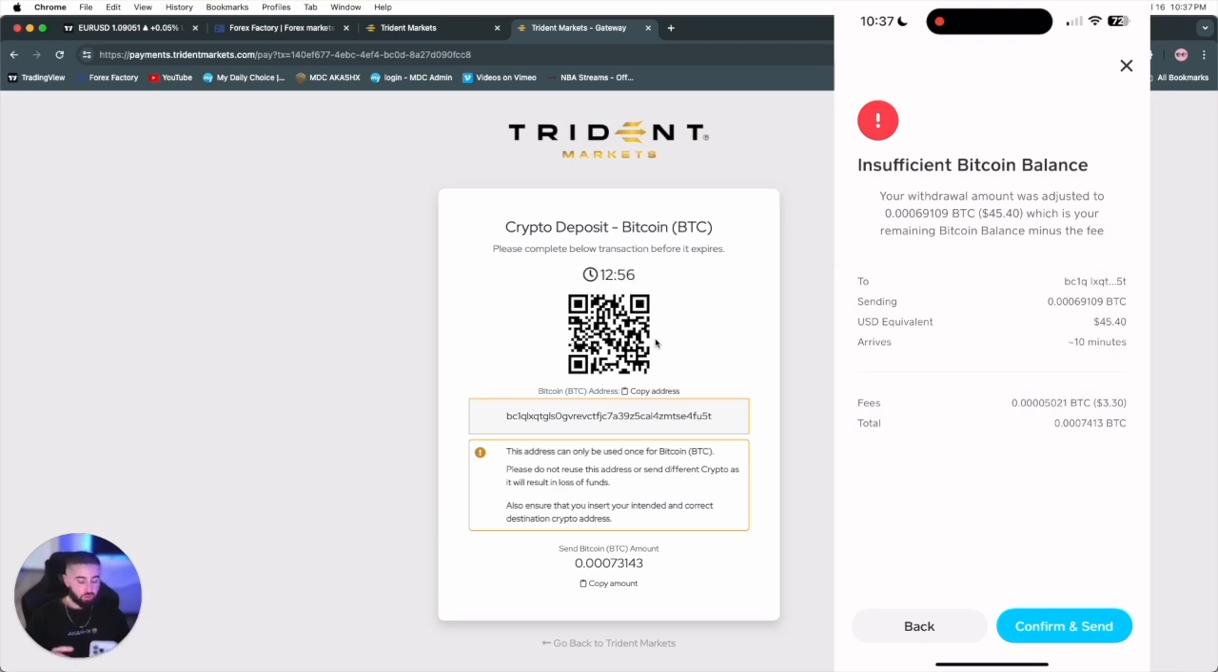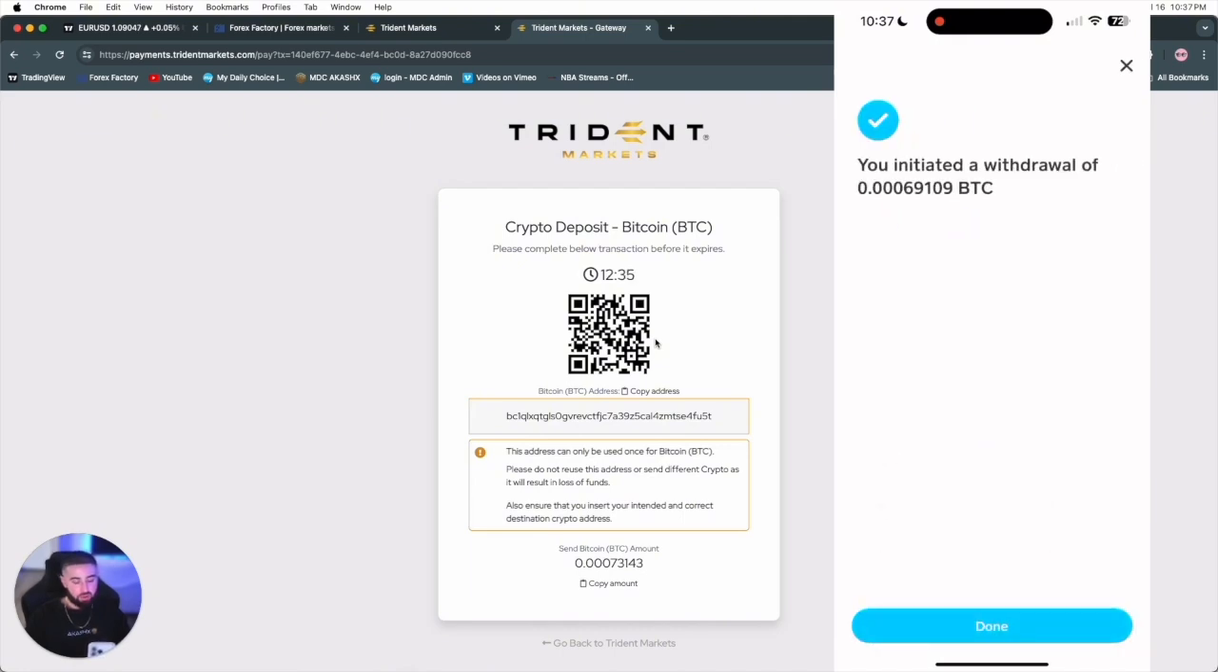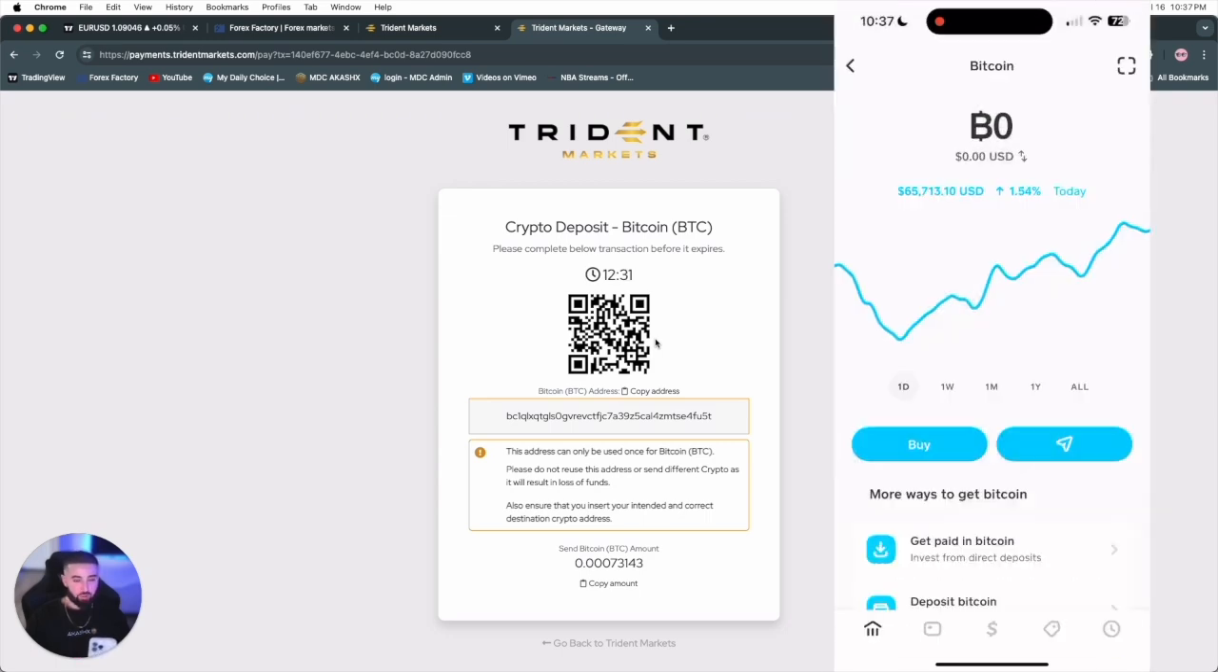Again, if you want to explore different cryptos such as Dogecoin or USDT, and see if the fees are a little bit more reasonable on your end, then by all means you can go ahead and do that. We're gonna go ahead and hit confirm and send. And now we are simply going to wait for this withdrawal to process, and you can see now, boom, the Bitcoin has been withdrawn out of Cash App and is now being sent to the Bitcoin address that we generated